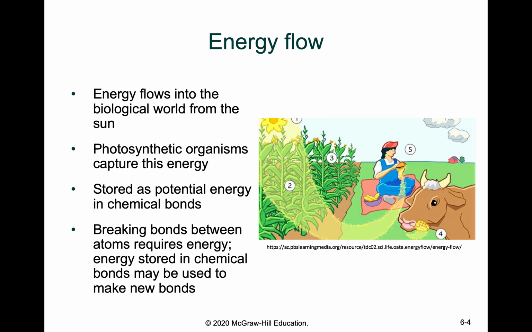So if we were to take a macro perspective of energy flow, right, energy flow in the biological world looks something like this. You start with energy from the sun, so photosynthetic organisms can capture that energy. They store that energy as potential energy inside the chemical bonds, inside the plants. And subsequently, animals or humans or whatever eats those plants can break down those bonds that were generated by the organisms and extract energy from them. So this whole idea of energy flow is very important in understanding how organisms work.